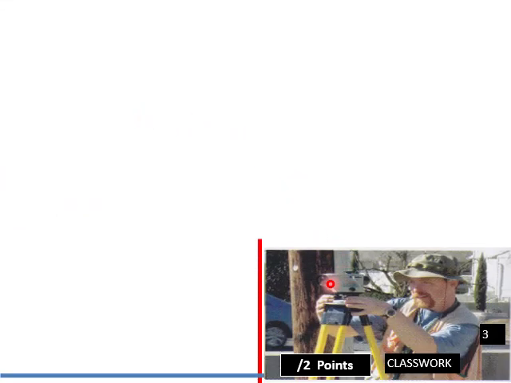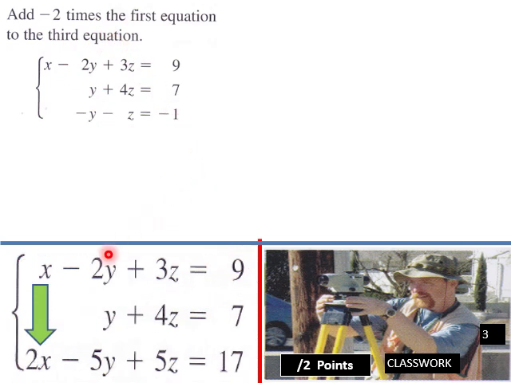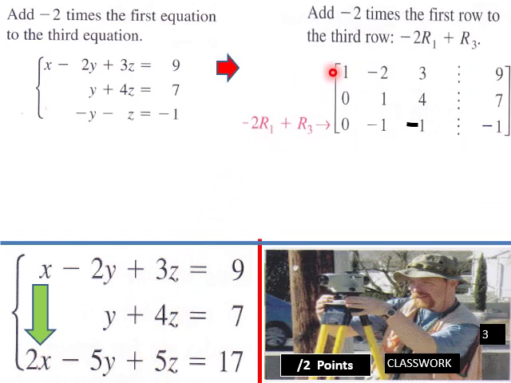Okay, moving through this, add -2 times the first equation to the third equation. So what does that look like in matrix form? Add -2 times this to our third down here. The way that you would write that would be -2 row 1 plus row 3. So when we multiply -2 times row 1 and add it to row 3, we end up with 0, -1, -1, and -1, because